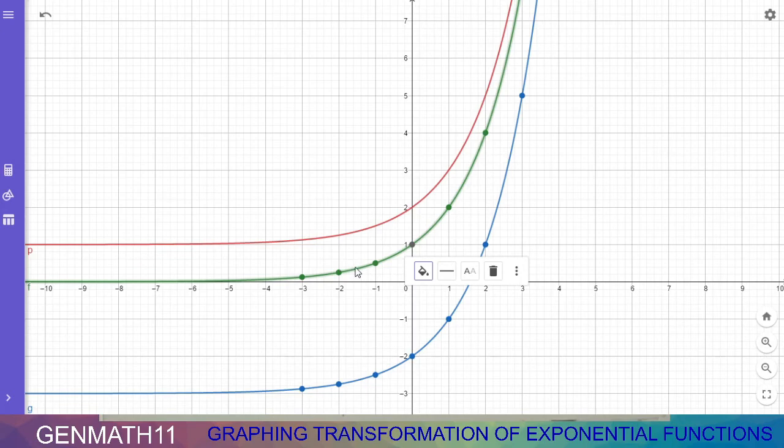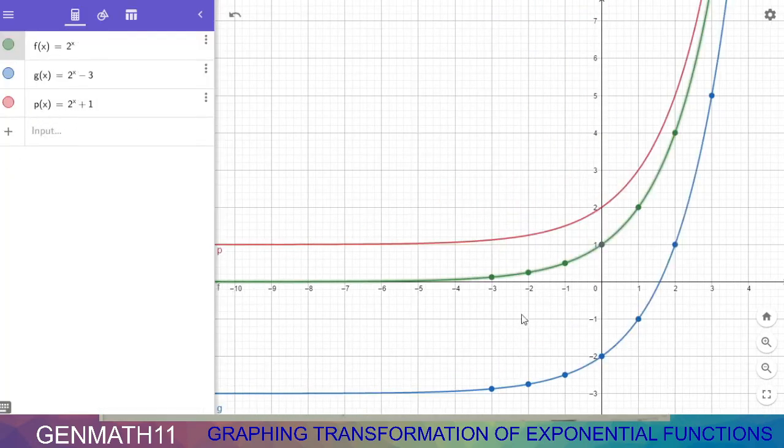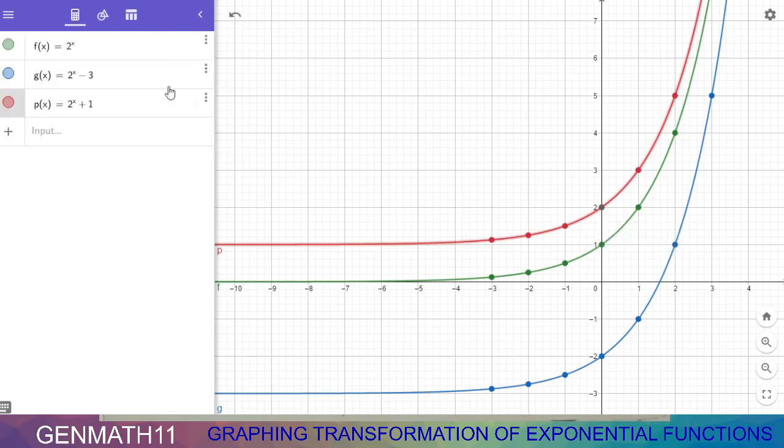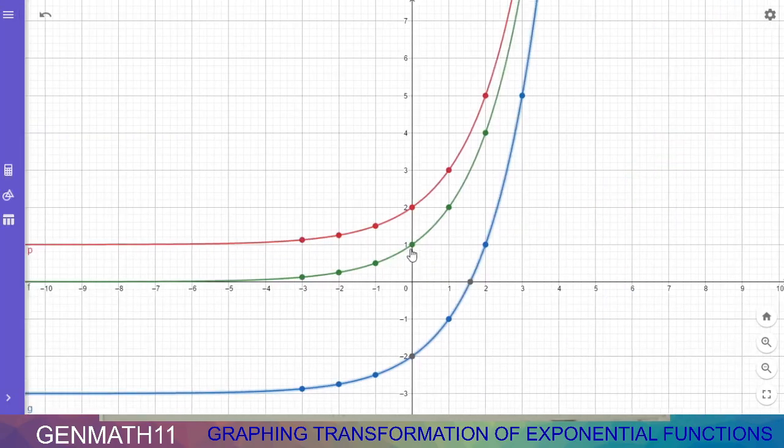While the other two is, alam niyo yung red. Ang red yung ito, yan. Then, the other one is yung blue. Ito yung minus 3, ito yung plus 1, ito yung negative 3. So, kung mapansin nyo, sabi kanina, kapag ang ating value ng d